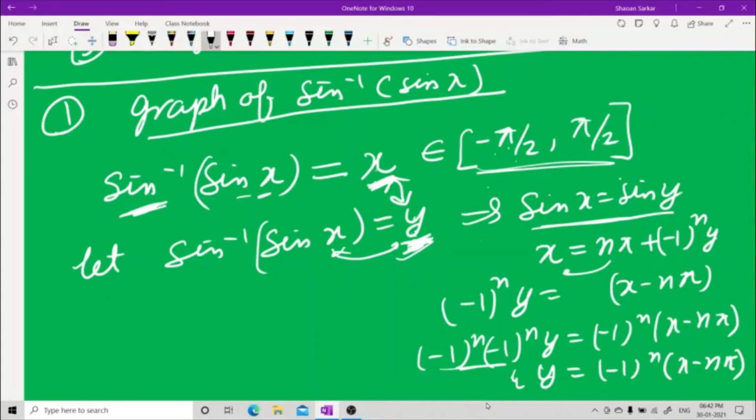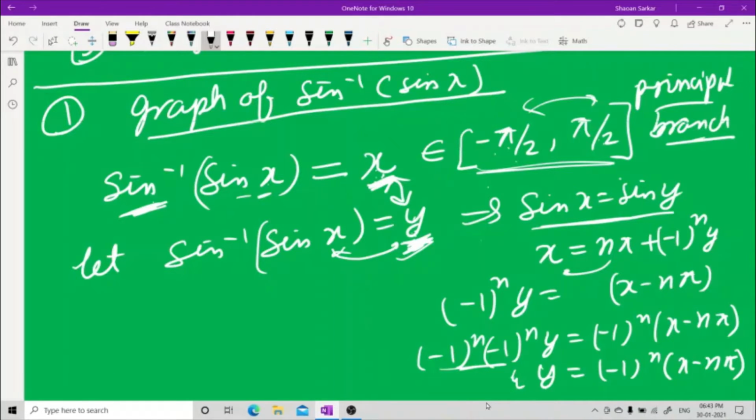देखो समझो, sin inverse sin x, x लाई करेगा प्रिंसिपल वैल्यू बोलते हैं इसको, प्रिंसिपल ब्रांच है इसका। इस प्रिंसिपल ब्रांच में हर समय sin inverse sin x, x ही देगा प्रिंसिपल इंटरवल में। ये प्रिंसिपल ब्रांच है।